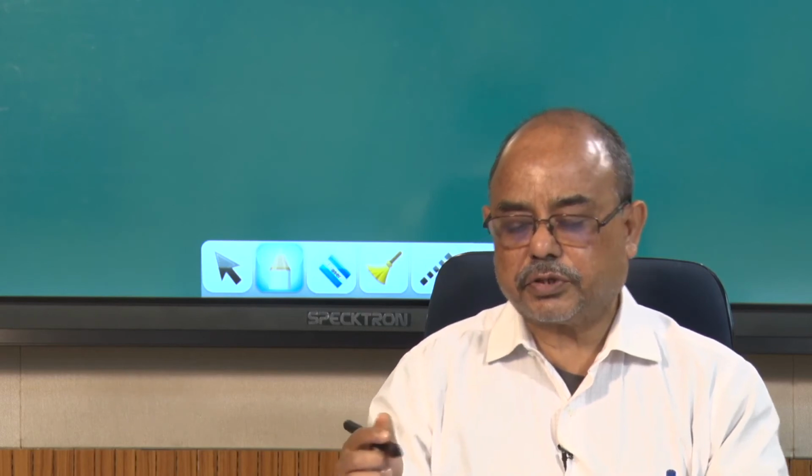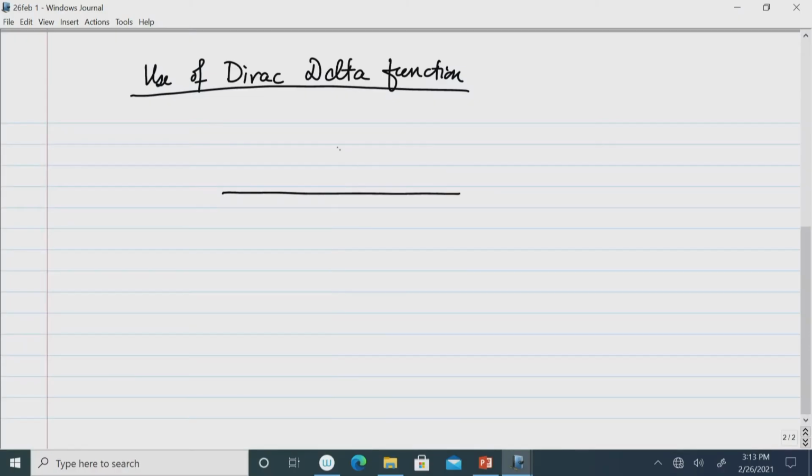So, in that situation, suppose a real axis is taken which extends from minus infinity to plus infinity, and on the axis at a certain point a certain impulse is there. Okay. So, this impulse is defined only at this point, say x is equal to a, if this is the x axis and this is the y axis. But at all other points except a, there is no value, the function does not exist.